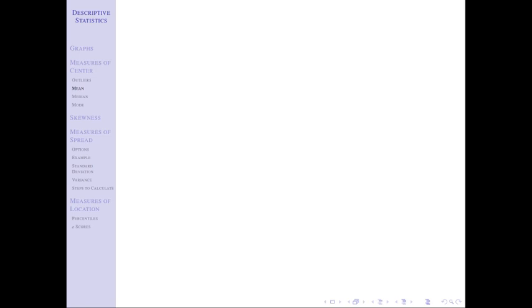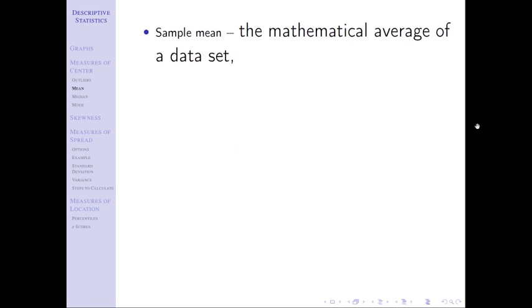Now, as we move forward, let's actually talk about measures of center. The first measure of center we're going to talk about is the mean, which is something that you should be very familiar with. It's the average of a data set. Those two terms are synonymous. As we said before, we should never just say a mean or a percentage or something like that. We can always come back and define where did it come from, whether it's the sample mean or the population mean. So I'm going to differentiate here between the two.